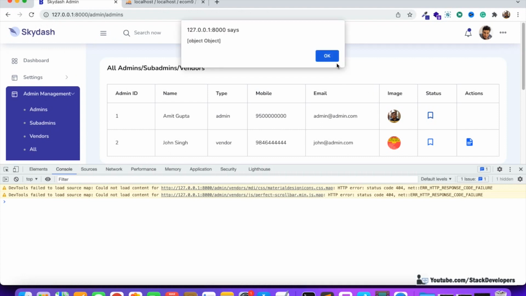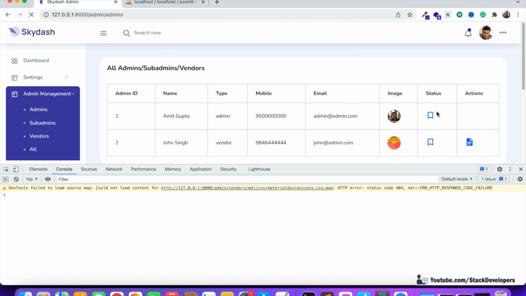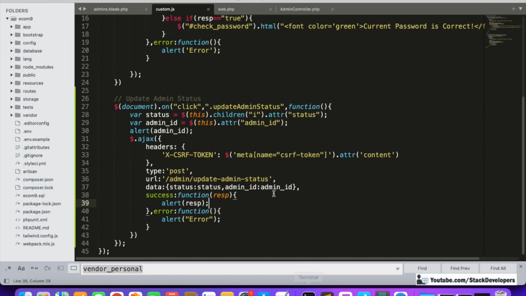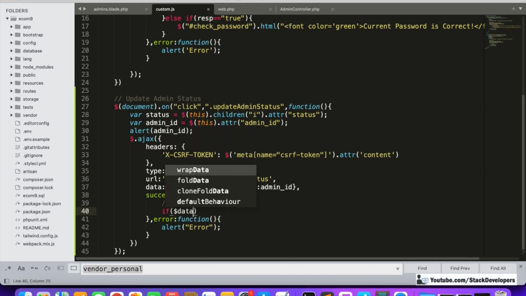See, if we check, then it is done, then refresh, then it must be shown as active. So it is working fine, it is able to update the status, but after updating the status, we need to update here in response. So we are required to update here, like if status is 0, then we need to update its HTML. Okay, so what we are going to do here, like if $data, sorry, not if, response